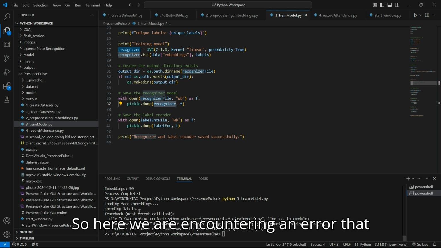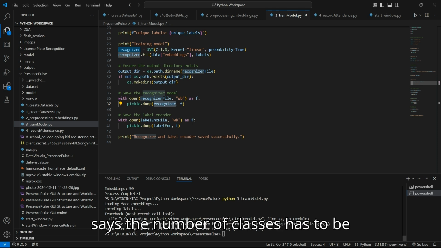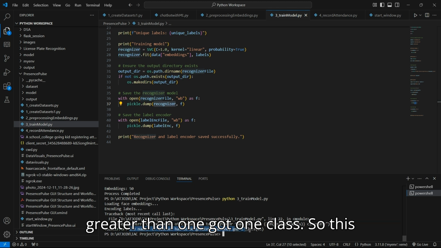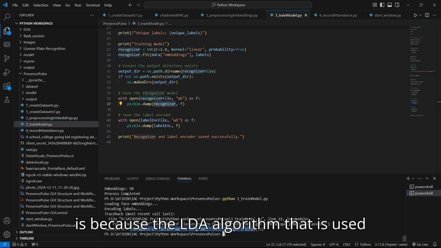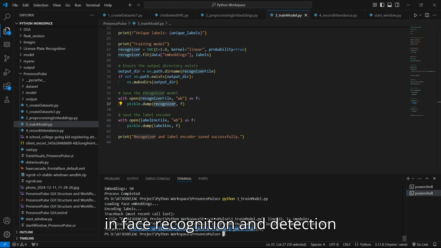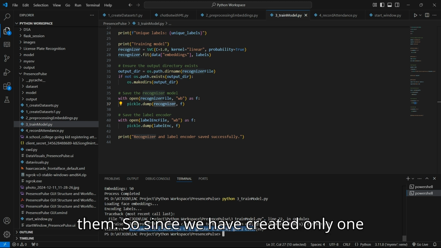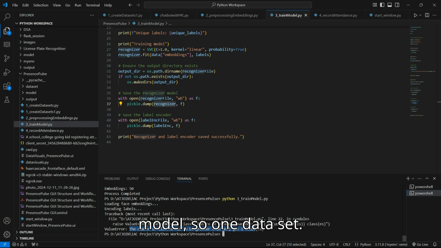So here we are encountering an error that says the number of classes has to be greater than 1, got 1 class. This is because the LDA algorithm that is used in face recognition and detection actually requires at least 2 datasets to work with. It's basically like a cat and dog model. It can either say that it is a cat or a dog if you have information about both of them. Since we have created only one model, so one data set,